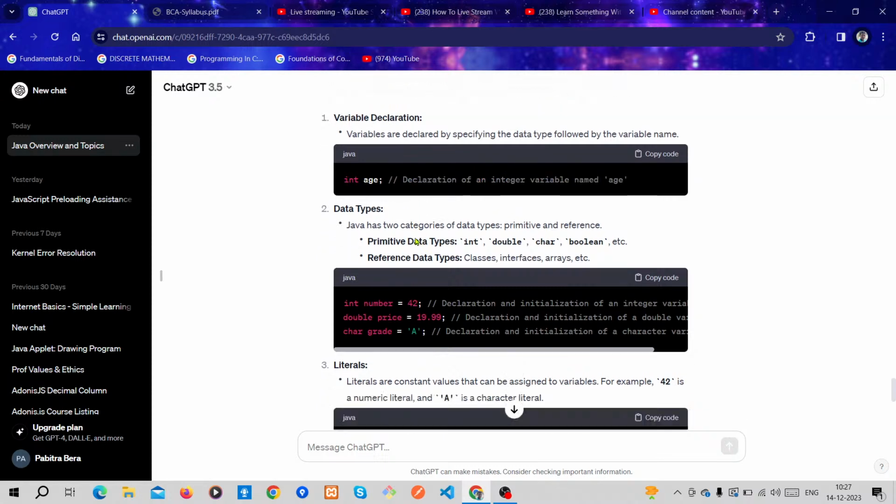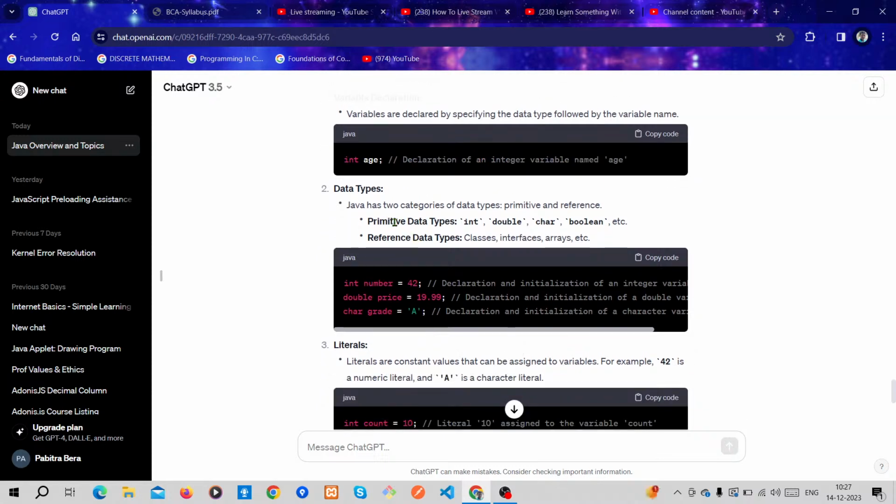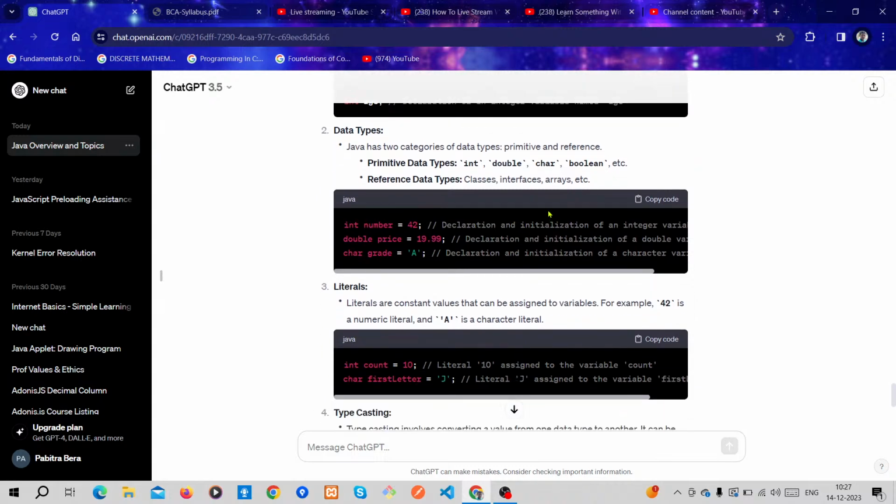Okay, so data types: Java has two categories of data types, primitive and reference. Primitive data types are int, double, char, boolean, etc., and reference data types are classes, interfaces, arrays, etc. Reference data types are user defined data types.